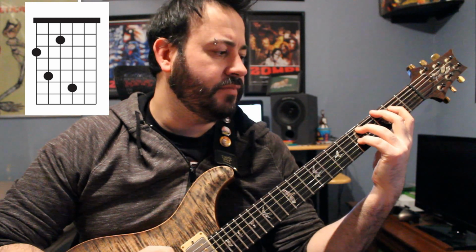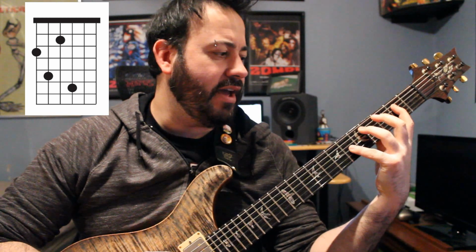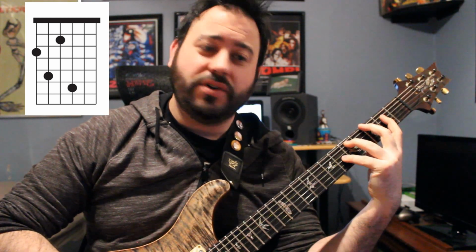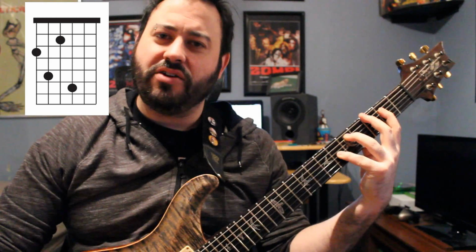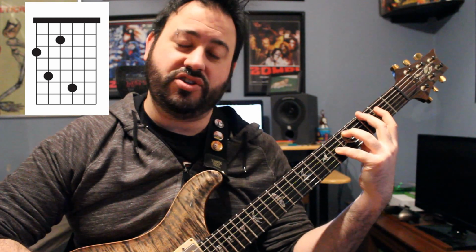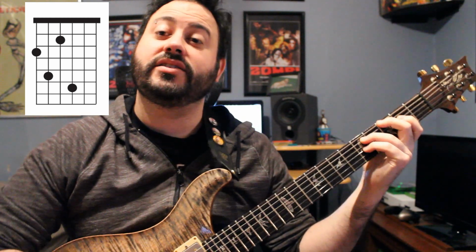So if this is a C major with an add 9, now I'm taking that C and moving it to C sharp. So now I have a C sharp, an E, and a G. That's a diminished triad, and then I'm adding in a D, which is the flat 9 of C sharp. So this is a C sharp diminished with an added flat 9. To me, I don't hear that at all, because that's also a very dissonant chord. I hear this G is my root again. But now, if I think of it as that 6 sus4 chord,